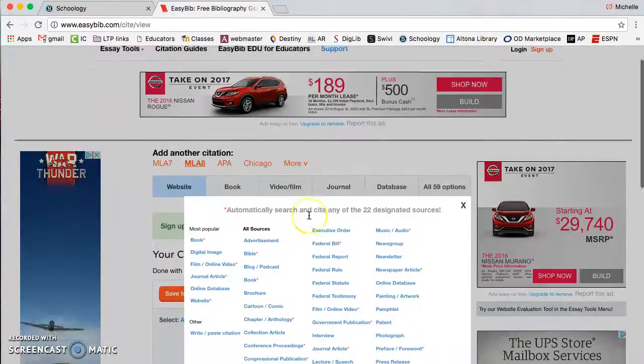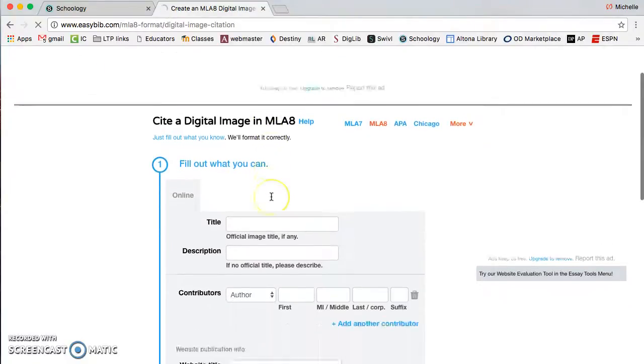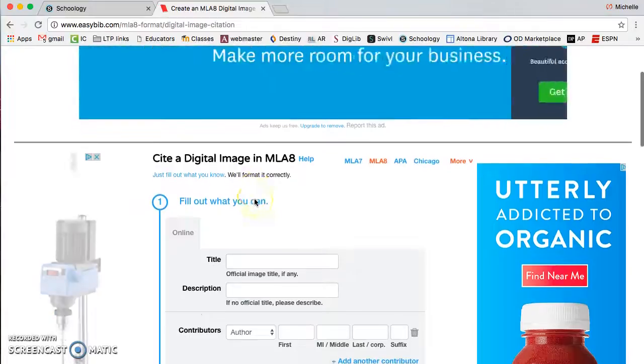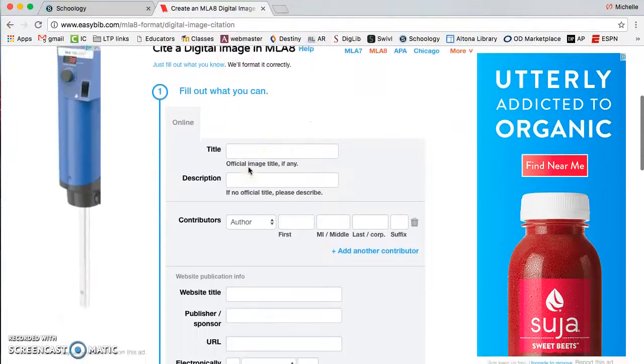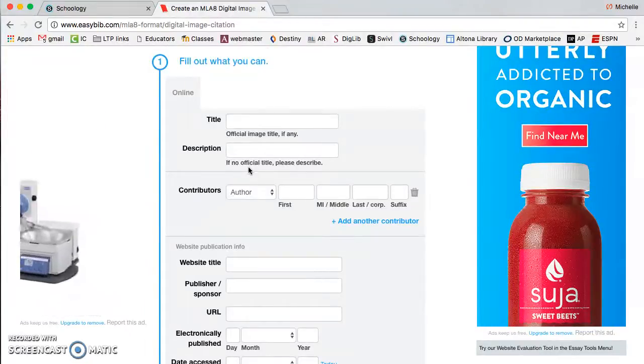We're going to click there. There are a lot of ways to cite. We're going to select digital image. And that's going to give us this form that we need to fill out. It says, just fill in what you know, we'll format it correctly. Citing a digital image. So we need to find this information for the image that we are going to be